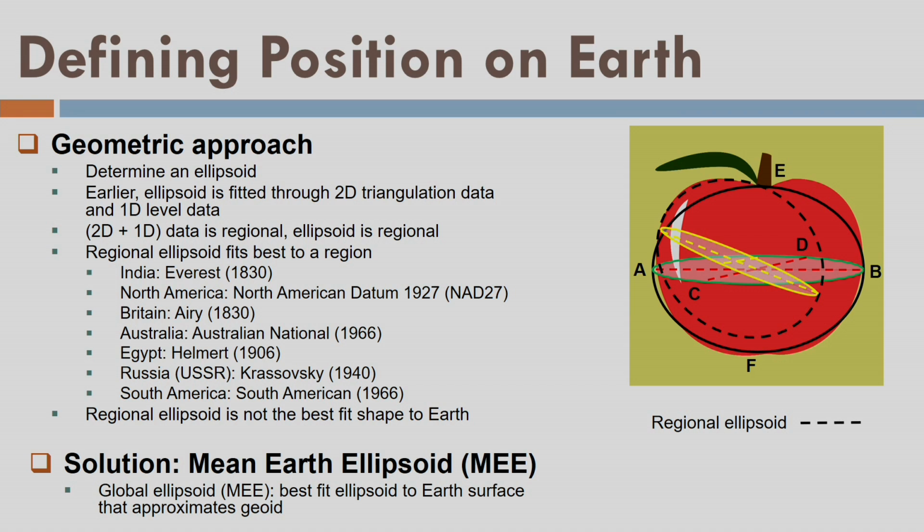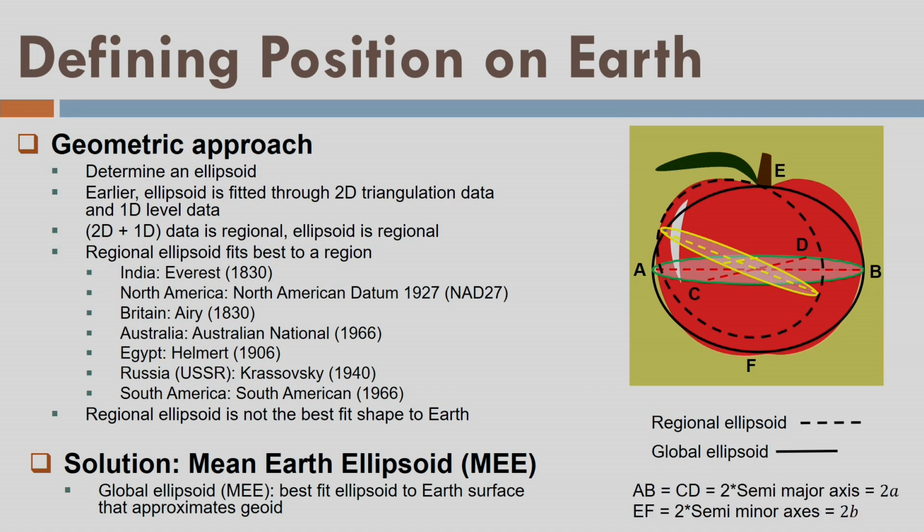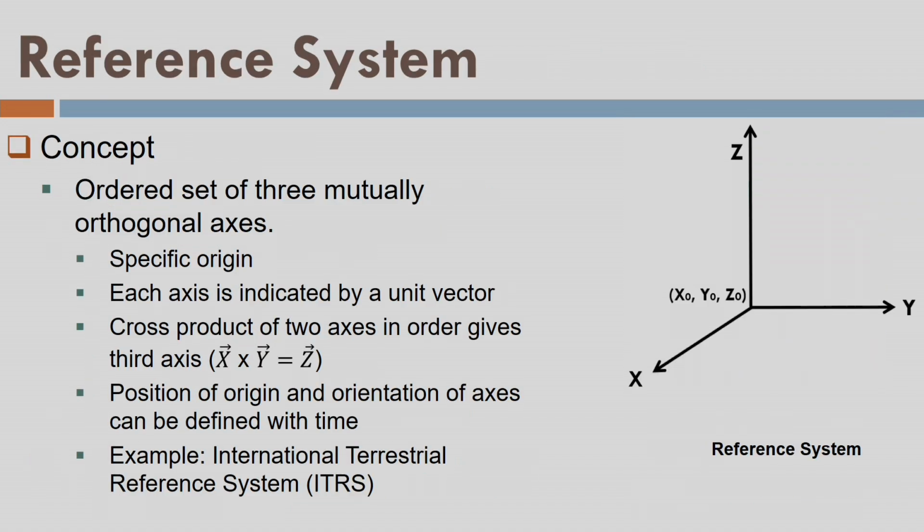Okay, so let us go ahead. Let us see that EF is my rotation axis. So I can say there is a global ellipsoid shown by the black color in firm line. Now, what about the reference system? We will now understand what we mean by the reference system, reference frame and coordinate systems required for the surface of the earth, where there are three orthogonally oriented axes at some origin. So let's say the origin is given by x0, y0, z0 here, and x, y, z shows three orthogonal axes.